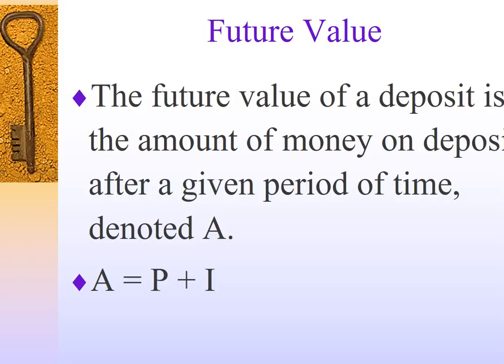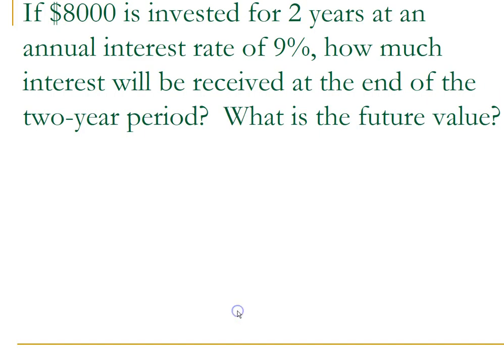And the future value of a deposit is the amount of money on the deposit after a given period of time. What that really means is A is your value after you add the interest to it. So here's your principal plus your interest. So if $8,000 is invested for 2 years at an annual interest rate of 9%, how much interest will be received at the end of the 2-year period? What is the future value? So the future value,